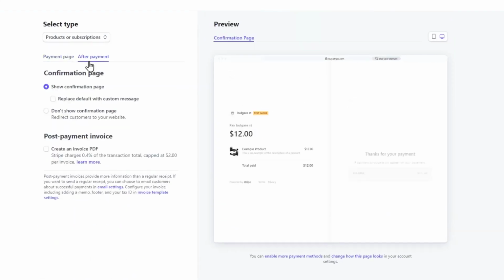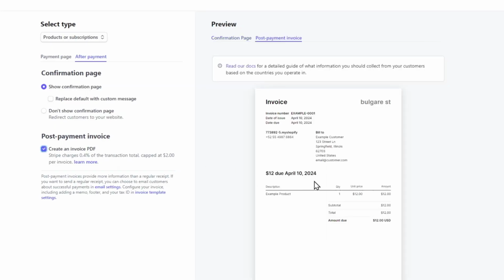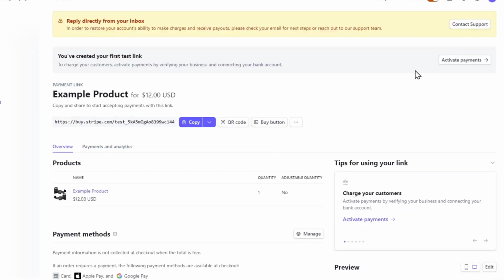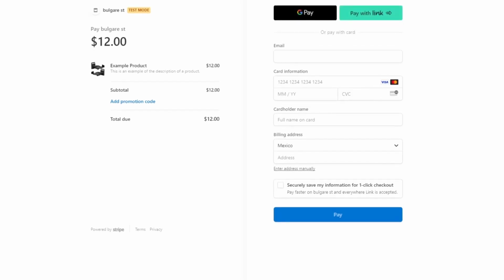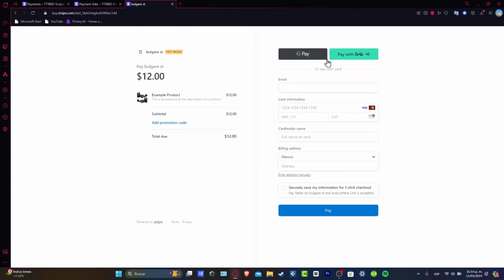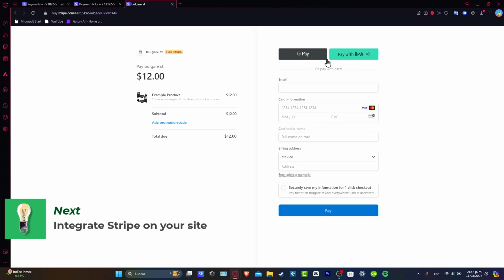Now I'm going to move on to the after payment to see how it actually looks when somebody makes the purchase correctly. So they show the confirmation page. You can create an invoice PDF if you want to. And here it actually looks really great. Now lastly, I'm going to hit create my link, and my link is automatically going to be generated. And there we go. So you can just copy this to the clipboard and add it into your store, just providing the actual URL of the product and checking out how it's looking. Lastly, if you want to integrate Stripe into your website,